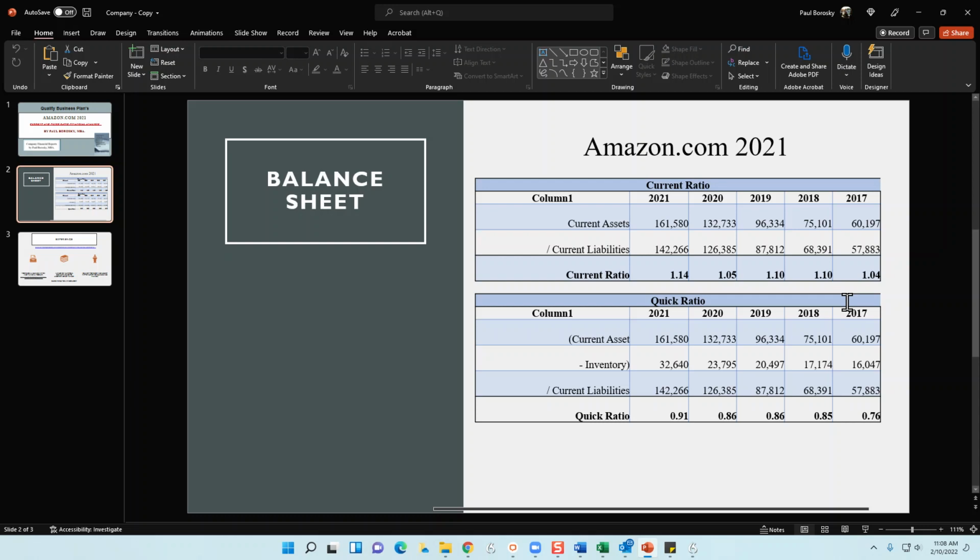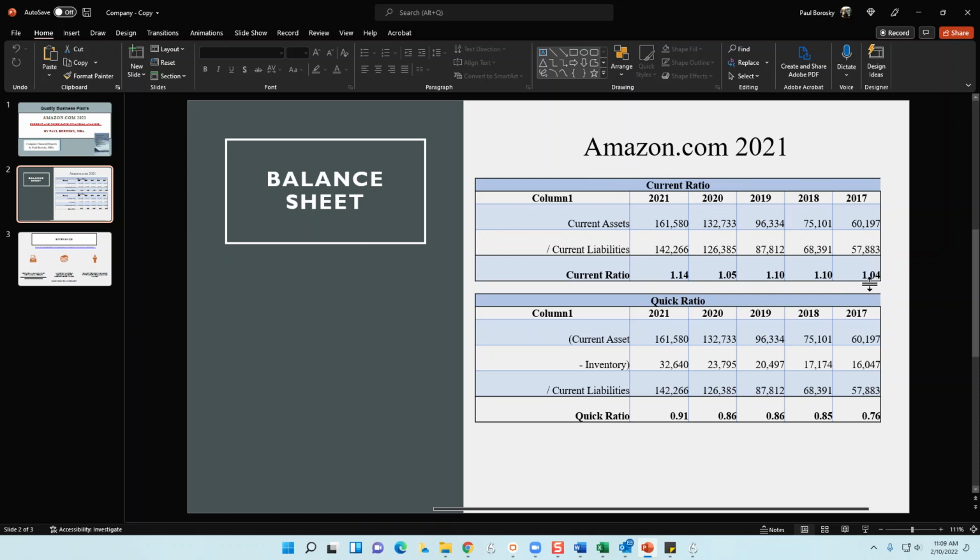In finance, what we like to see is a current ratio of approximately 1.0 or above, which means that the organization has enough current assets to cover their current liabilities, which means they should be solvent, liquid for the short term. All right, so with Amazon,